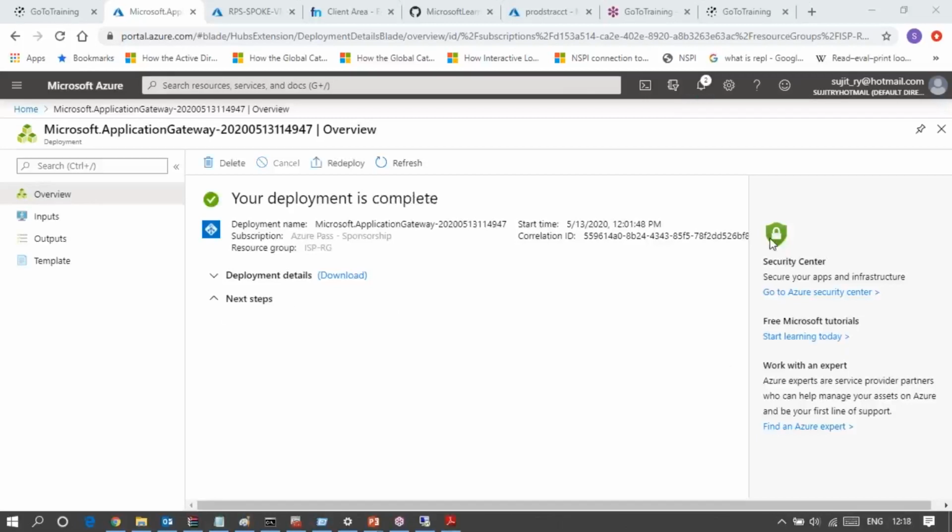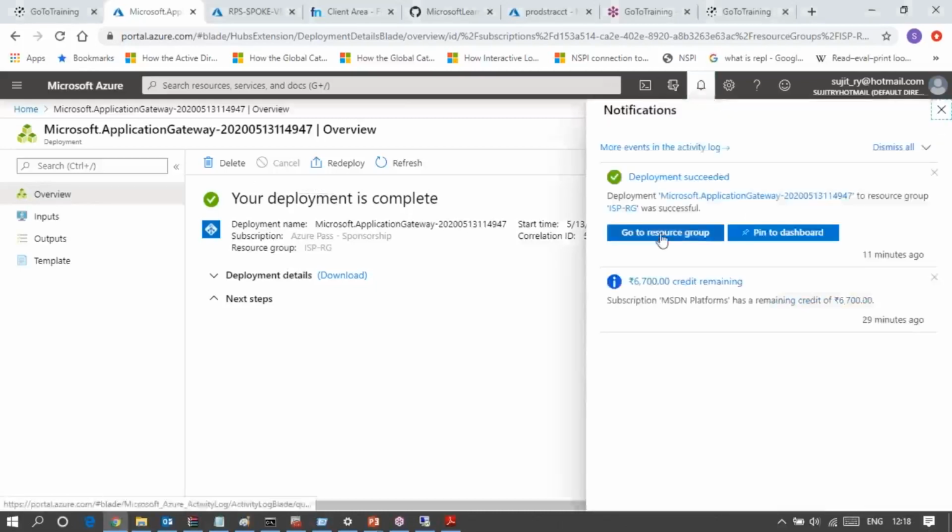Okay. I hope everyone is here with the session. And now we have to start our discussion regarding the application gateway. So the application gateway has provisioned successfully. Now I can go to the resource.